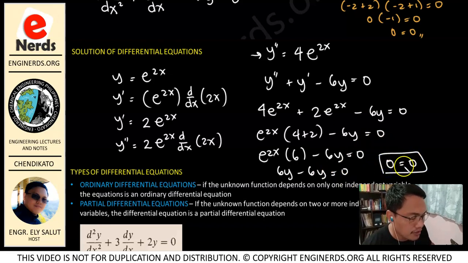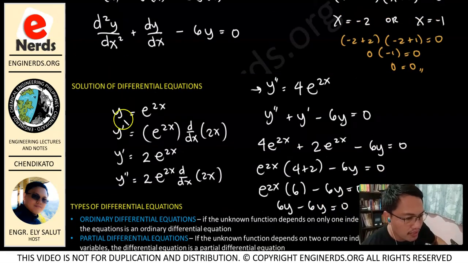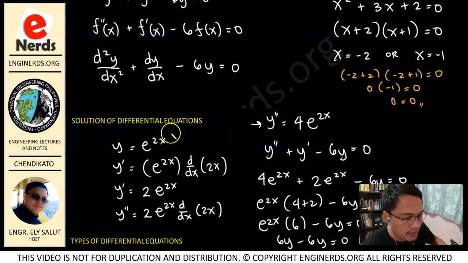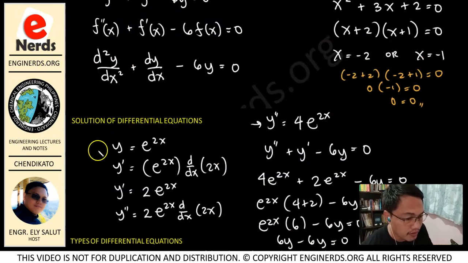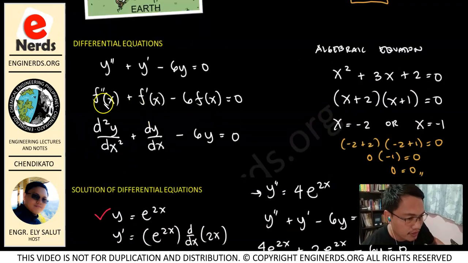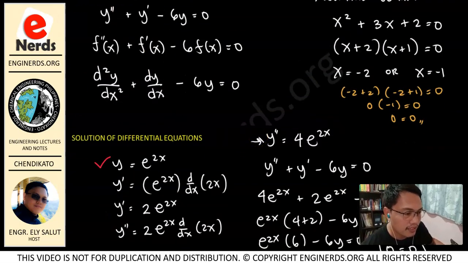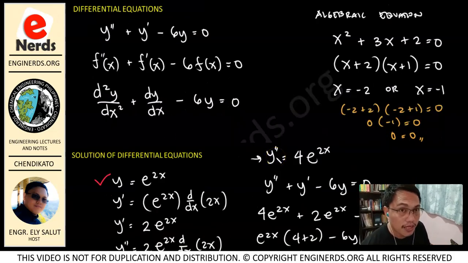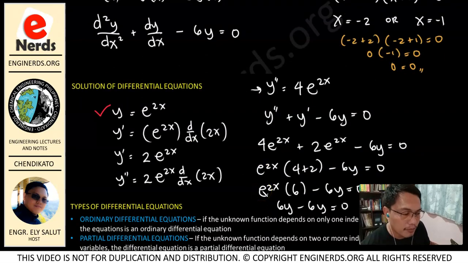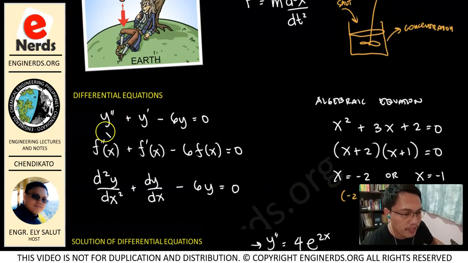So, this is 0 is equal to 0. Dahil nag-equal siya, that means y is equal to e to the 2x is the solution of our differential equation here, no? So, that means our answer here is yes. This is a solution of this differential equation. So, para ka rin nagsosolve ng algebraic equation. Okay, baka may mga sagutan tayong ganyang problem pa rin later on, ano? So, at least nakapagbigay na tayo ng idea kung ano yung pinagkaiba ng differential equation sa algebraic equation.